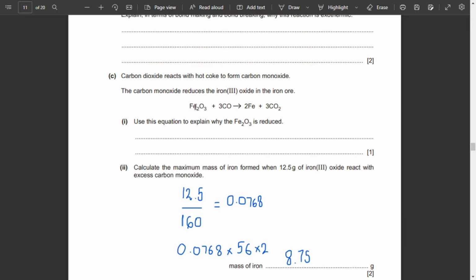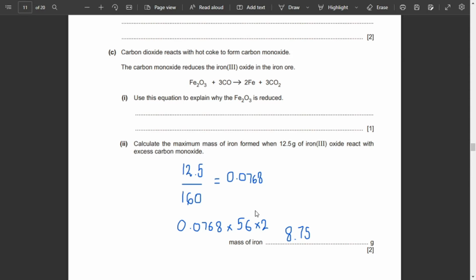Why 160? Because in Fe2O3, Fe has a mass of 56. So 56 plus 56 plus 16 times 3, and this is what you're going to get. After dividing, we have found the moles. The formula for moles is mass upon the Mr, the molecular mass. So we got this answer, that is 0.0768. We have found the moles for it. Now since we have double of it on the iron side, that means we have 2 Fe, so we are going to multiply